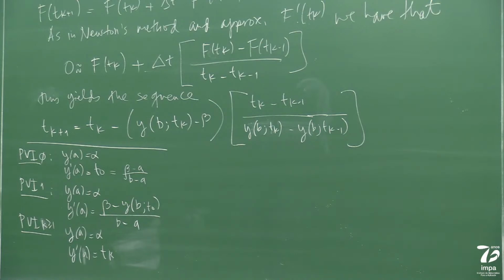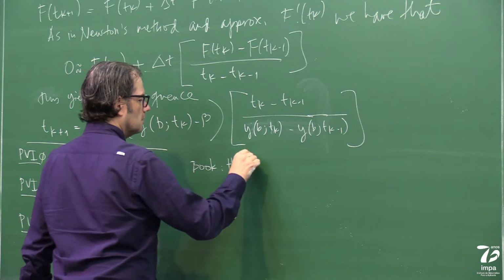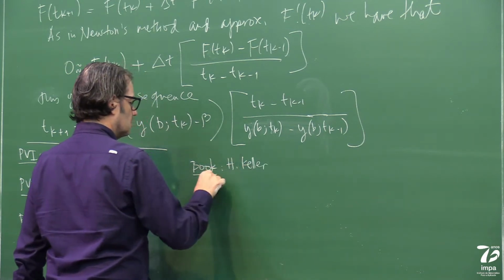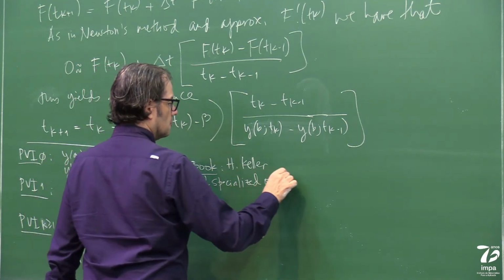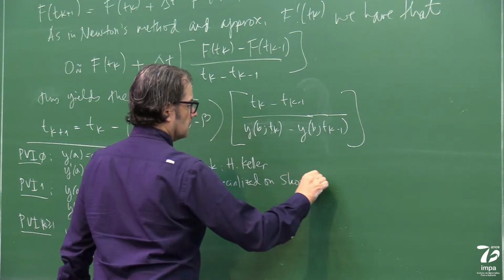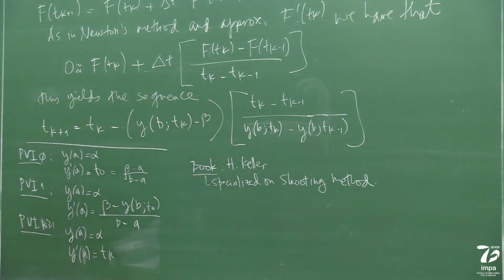There's more to it, as I said. Just to remind you, there's a book. There's more, I believe, but the one I know is a book by Herb Keller, specialized on the shooting method. It's only on the subject. Of course, it's a thin book, but with numerical analysis associated to it. Herb Keller was a numerical analyst. Okay, so this is just a little brief thing on